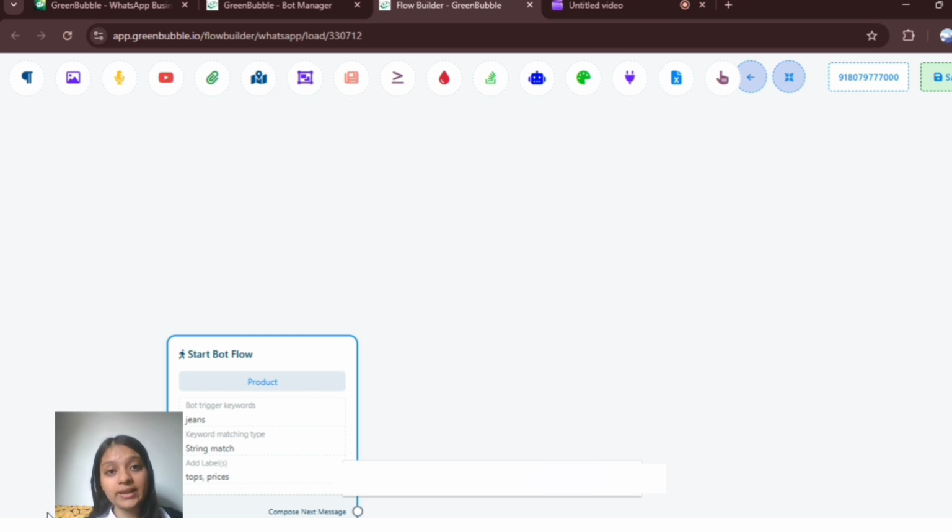And after like 7 days, the bot will send different offers like 20% off or 15% off on these jeans. As an example, when we use different platforms as users ourselves, we get messages from different businesses, like they're giving us offers when we haven't even asked them. This is the bot flow.